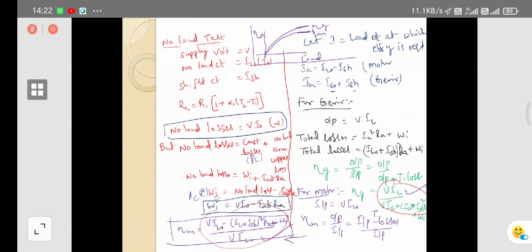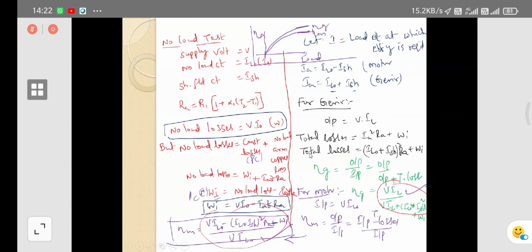So the main advantages are that it is most economical and we can test any type of large machine. The disadvantage is that the performance of the machine is not verified, meaning the temperature and commutation are not verified, and the efficiency is also not accurate. These are the advantages and disadvantages of the Swinburne test.